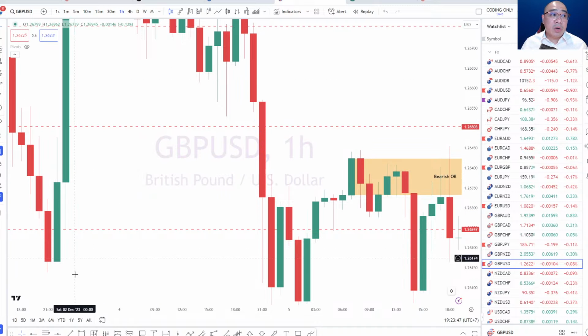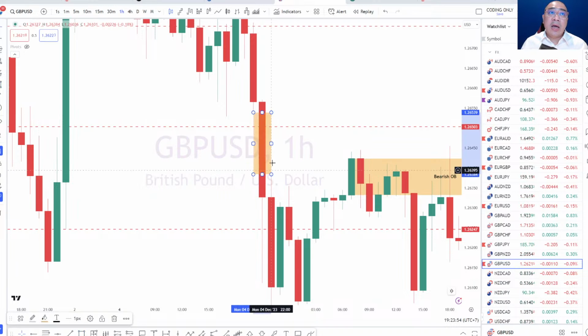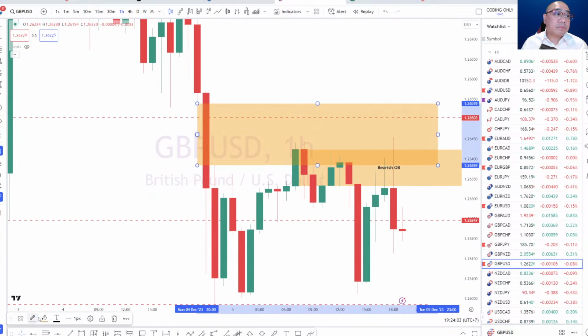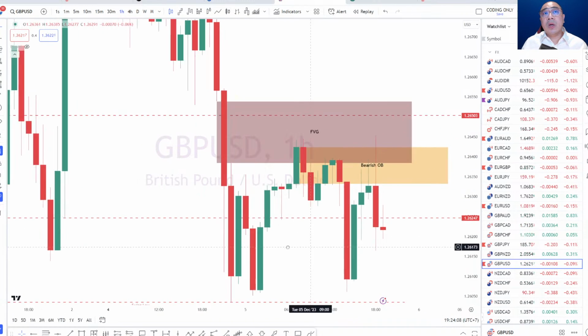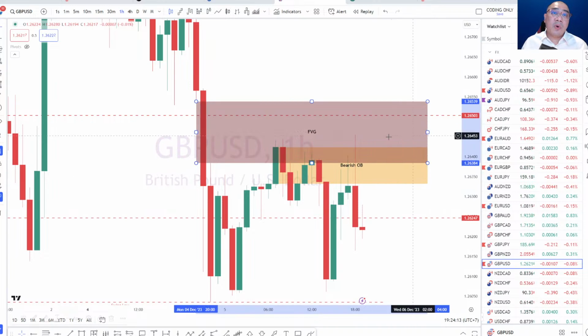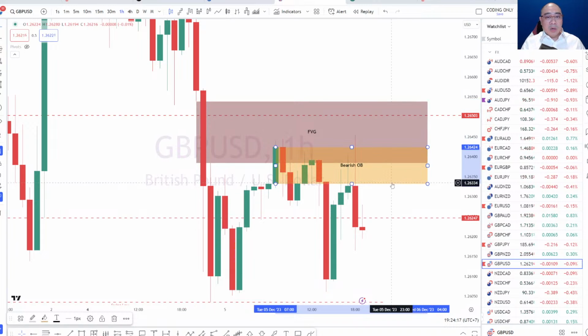So we can actually draw our fair value gap. We're going to create a box from the low to the high, the limits where price does not meet between the first and the third candle, and this is our fair value gap. I'll just put FVG. Okay, we got that, and see where it's starting to fail, the highest point where that rejection is, where it created an order block, it's actually part of a fair value gap.